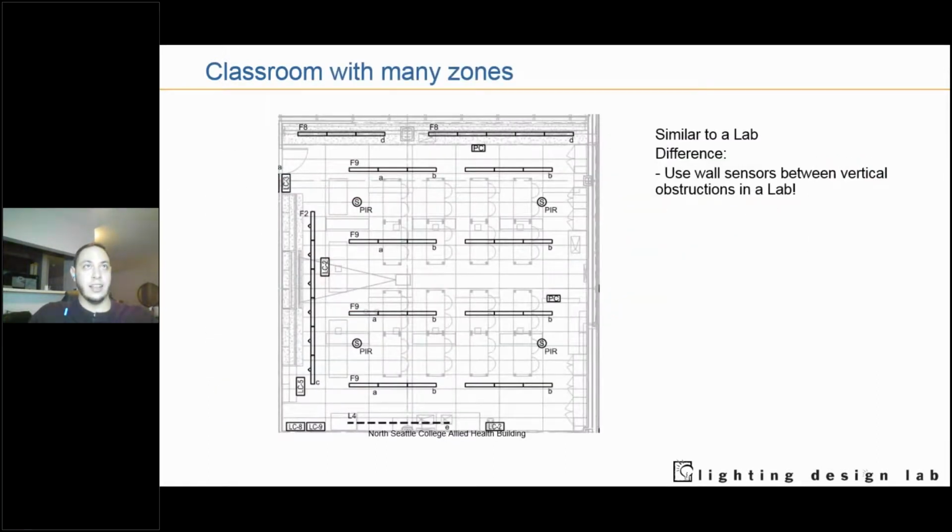When a classroom has many zones, it's always good to look at, number one, the plan alongside a sequence of operations that will tell you how that space is going to be controlled, because that sequence of operation or similar documents can communicate that design intent for a space. And here obviously is an example where the classroom was using the majority linear fixtures. And it's usually good to have indirect fixtures and not have the lamp source hit the eyes of the students directly. That's going to cause